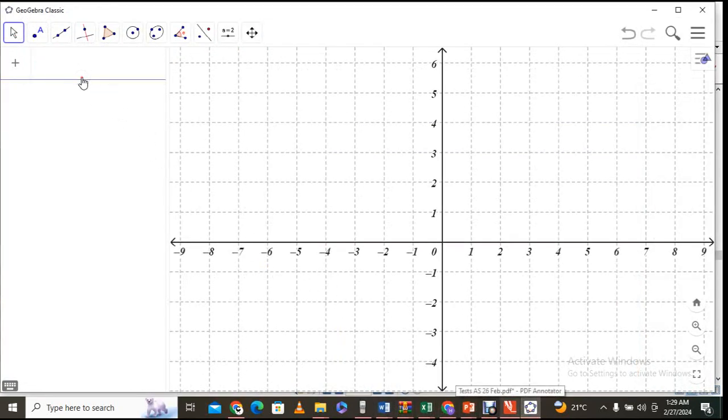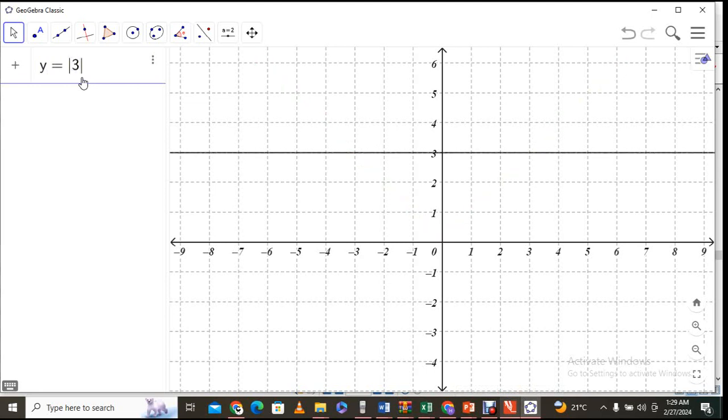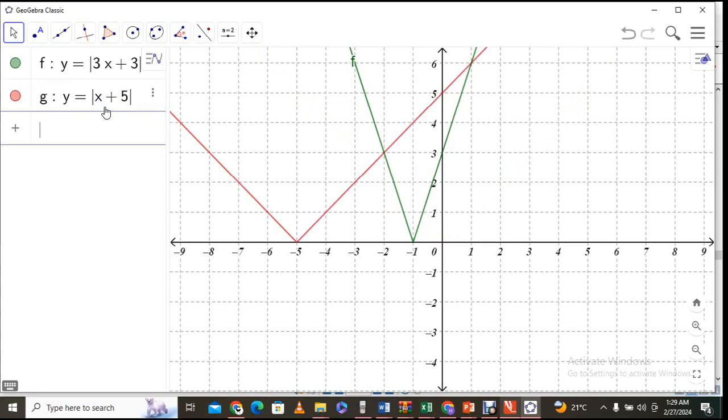So if I take the first one and say y equals the absolute value of 3x plus 3, that is one. And the other one, which I'm going to use a different color for, we say y equals the absolute value of x plus 5. And we're going to then also